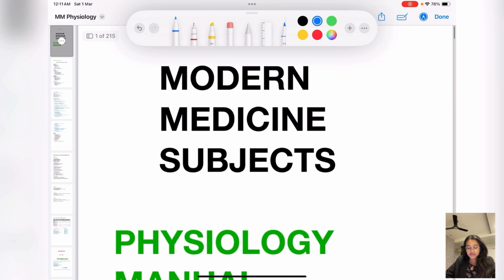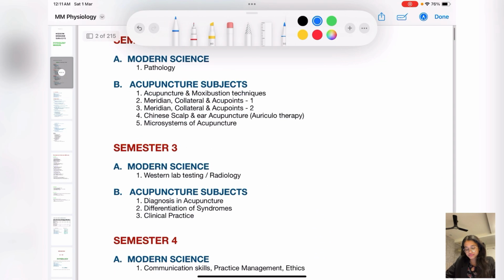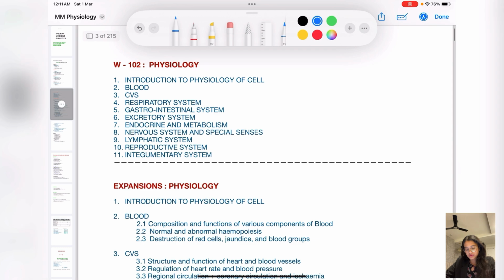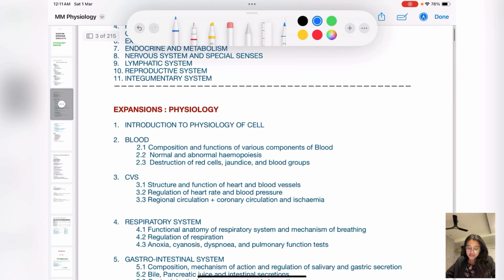In the first semester, we have to complete 11 topics. The first one is Introduction to Physiology of Cell, then Blood, then CVS, Respiratory System, etc. Straight away we'll see